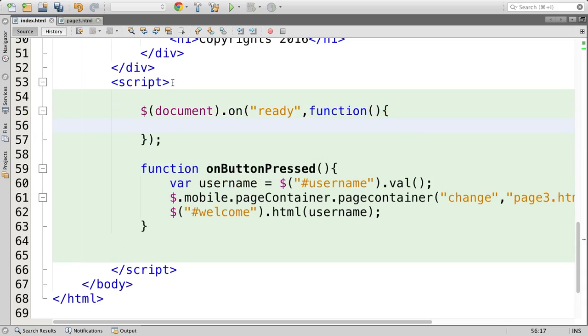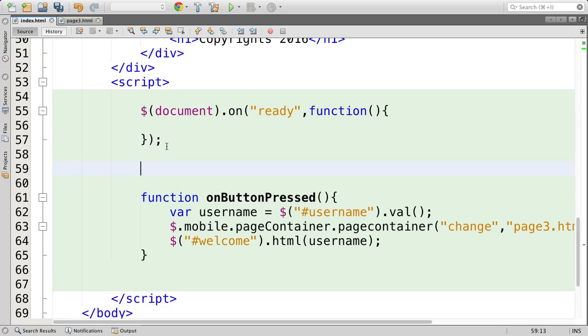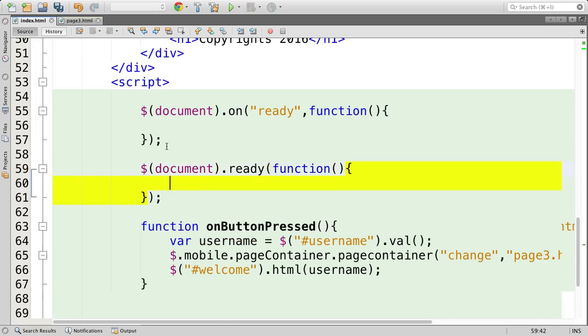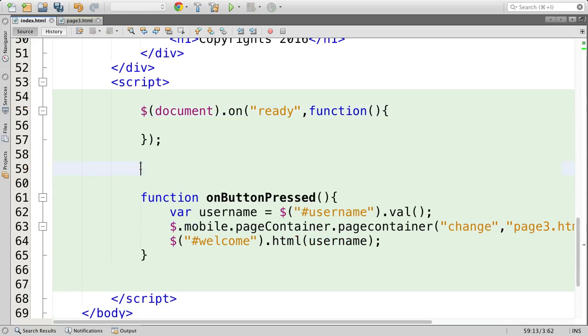The document ready function can also be written in this way. Document.on, specify what is the event you are trying to listen to, or you can directly write it. Both are the same. There are plenty of events, documented or not documented, or any other further listeners you may add. jQuery Mobile adds one more event,